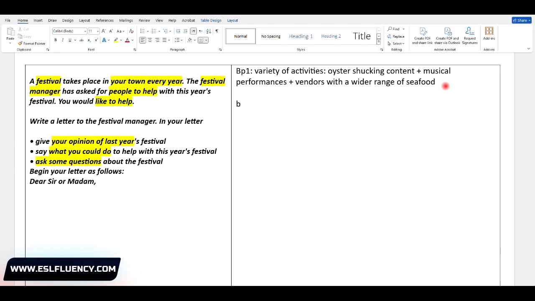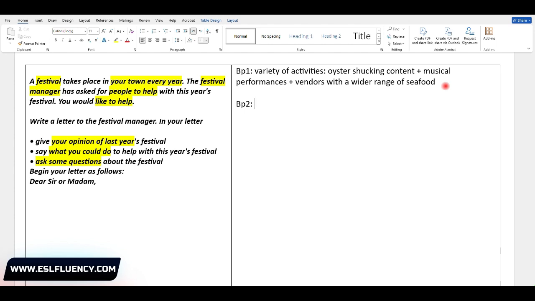Okay, BP2 is about say what you could do. Since it is an event, they will need some people with some organizational skills, planning, managing events, and things like that.